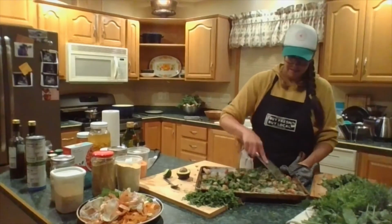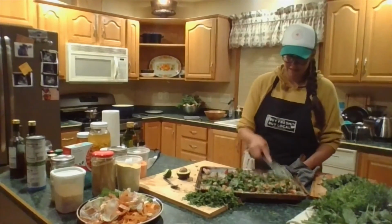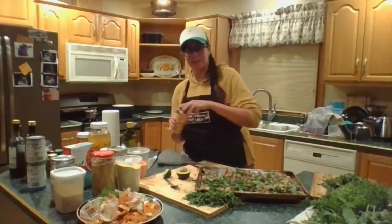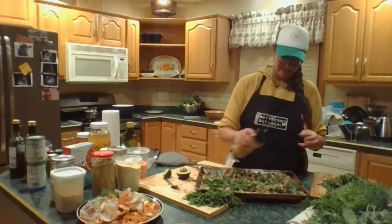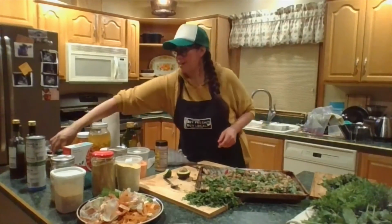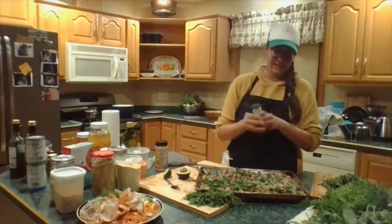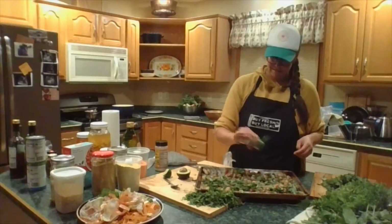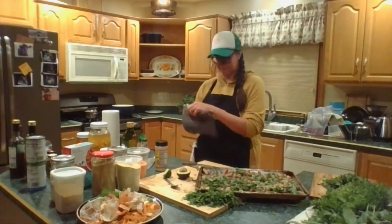So one pan meal, super simple. I would top with a little bit of nutritional yeast here. The beets give it such a nice color. And then crushed red pepper, because I like it a little spicy. And there you go. Easy, crisper clean out